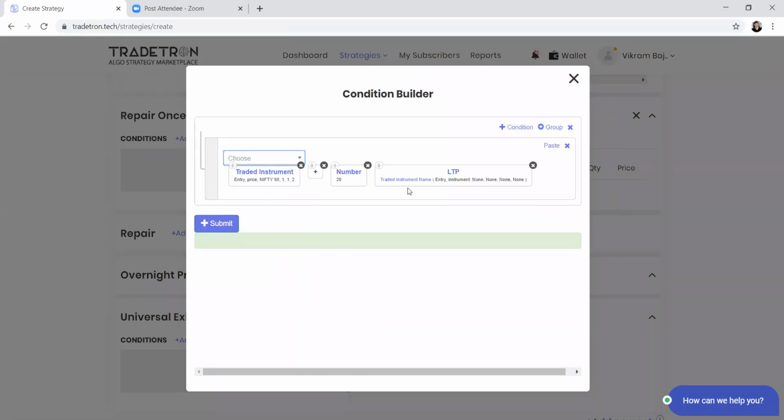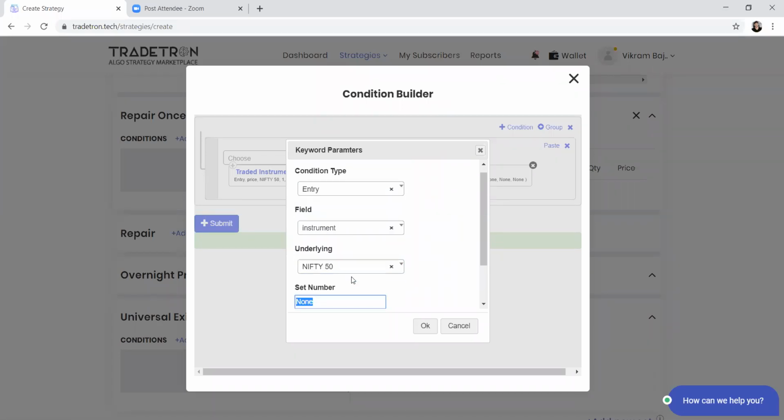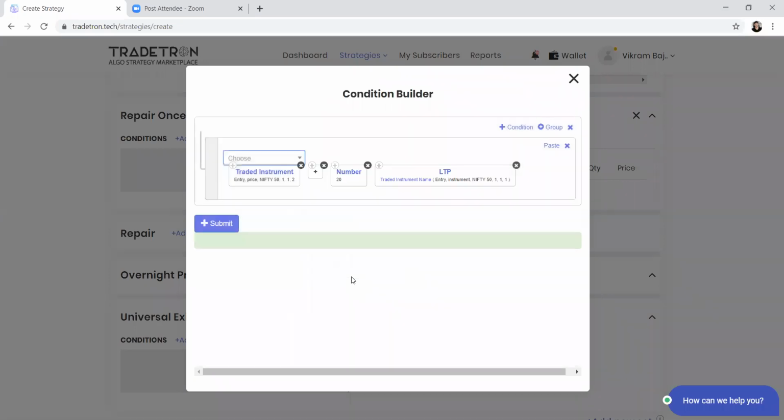Here I have to define again the same numbers to fetch the name of the instrument which got traded, because as you are selecting a strike based on ATM or Nifty spot, this value may change. So you cannot use the same formula here. You have to fetch the particular instrument that was traded.